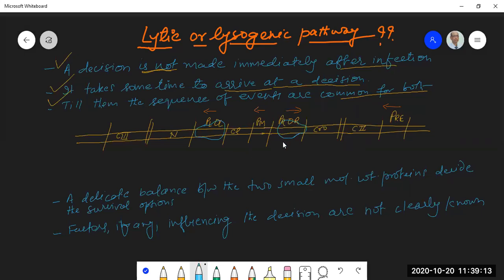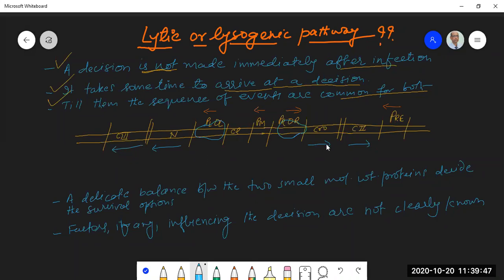Why is it so? The reason is very simple: these are strong promoters. What is meant by a strong promoter? It means they have the regular consensus sequences, so RNA polymerase finds it easy to identify these promoters. So the first thing after infection and insertion of the DNA into the bacterial cell is the binding of the host RNA polymerase to these promoters, and these regions are going to be transcribed.